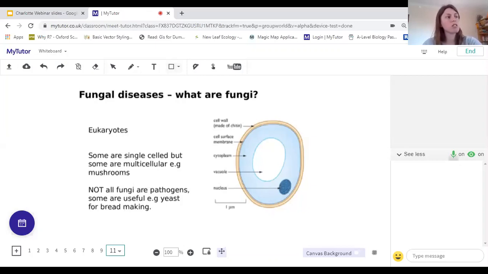Are there fatal fungal diseases that affect humans? Yes. I'm trying to think of a particular example, and I can't think of the name of one. There are some pretty horrible fungal diseases that can affect lungs. So they can be fatal. Most of these diseases that we're talking about now aren't usually fatal. You have to be a bit unlucky, a bit like with coronavirus, where it's only if you get a really bad form of coronavirus that you experience those really awful symptoms that we've been hearing about, with really struggling to